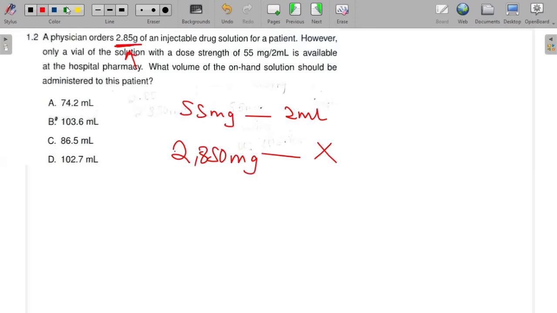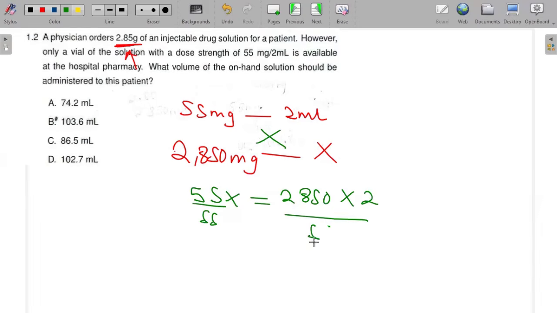So I put X, and then I just cross multiply. So I'll do 55X is equal to 2,850 multiplied by 2. I divide both sides by 55. So X will just be equal to 2,850 multiplied by 2 divided by 55. What do I get? Divided by 55, I get